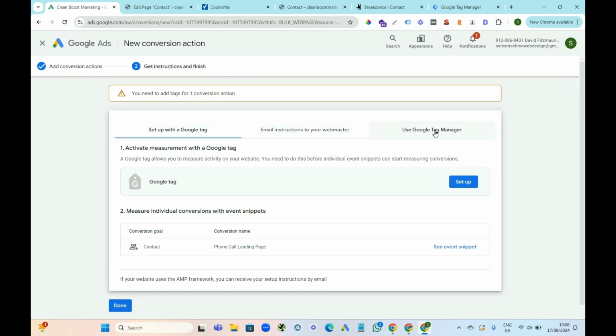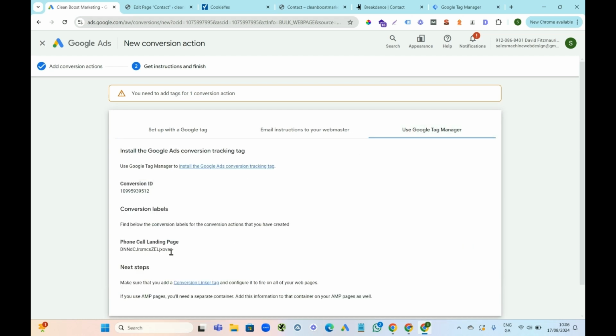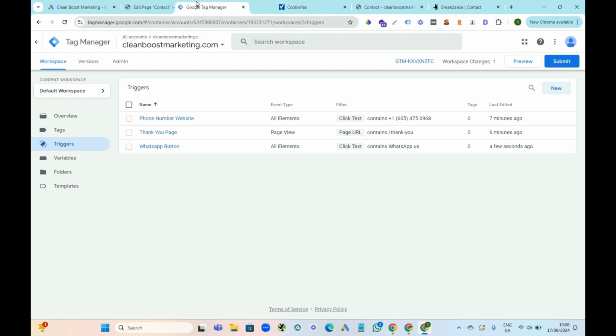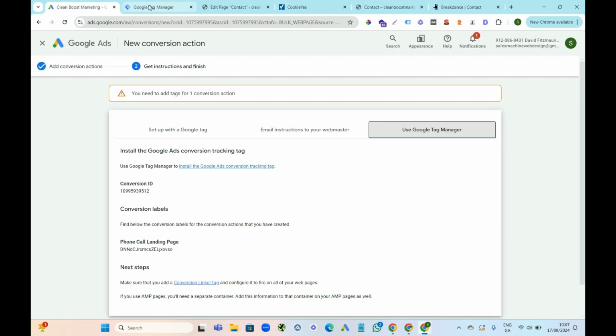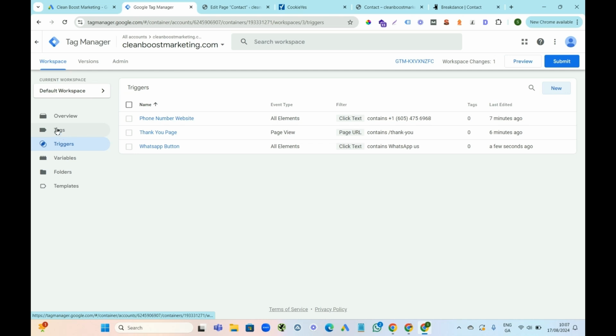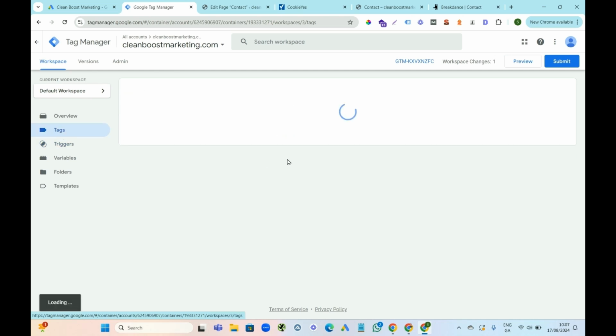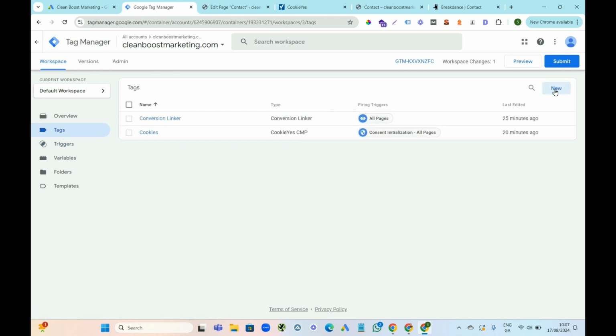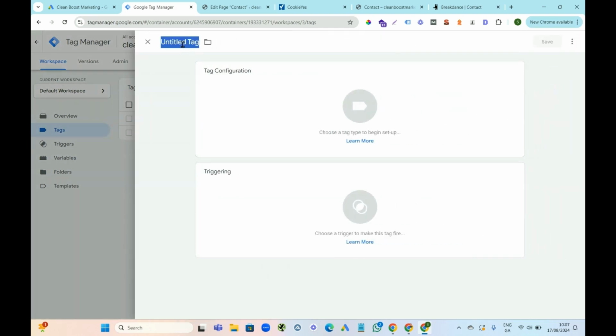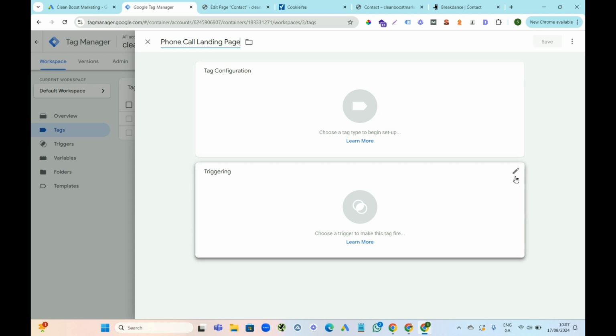and of these three options up here that we have, you're going to go to use Google Tag Manager and see this ID and the phone call landing page. This is what we're going to use. These are two codes that we need in our Google Tag Manager to set this up. So we're on the Google Ads. If I go to my Google Tag Manager, we're going to go to tags, and we're going to press new tag, and then this is going to be the phone call. I'm going to match what I called it on Google Ads, so phone call landing page,